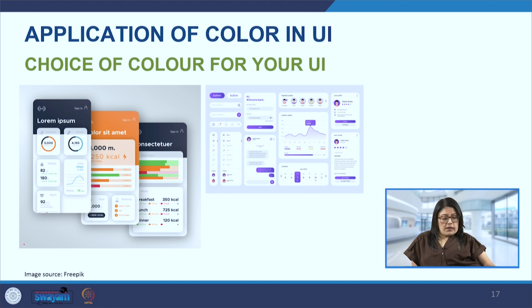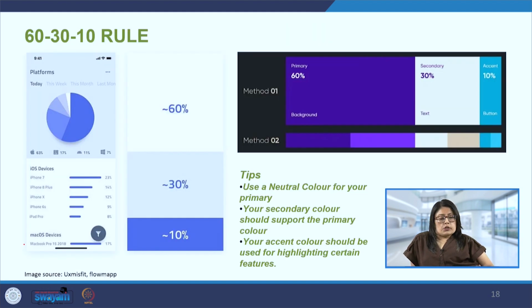And then of course we'll have to choose one color scheme from the choices that are working well together, and also the name and the logo of a particular brand. So this is one of the very basic rules, which is the 60-30-10 rule, which is also the dominant, subdominant and subordinate rule. What this rule means is that the dominant color will take up 60% of the space, the subdominant will take 30%, and the accent color will take 10%.